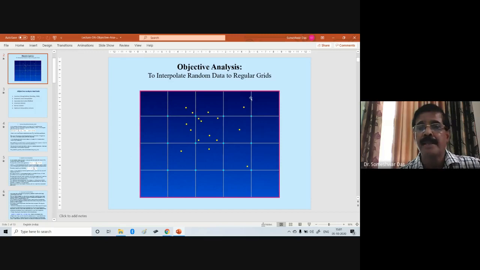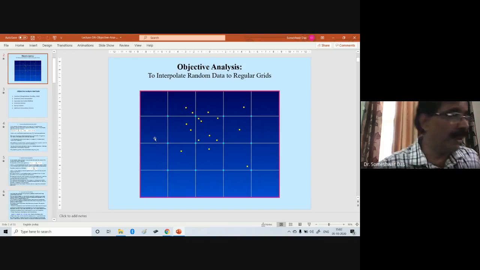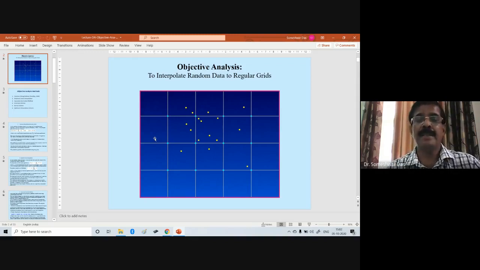Before we start interpolation, simple polynomial fitting is of course a different thing, just fitting the polynomial. But in all the iteration methods, which is generally done, you start with the first guess of the values at all the grid points. If you are trying to do the objective analysis of the wind field, then you will have a first guess of the wind field at all the grid points. And that first guess comes from the 6-hour forecast from the previous cycle.